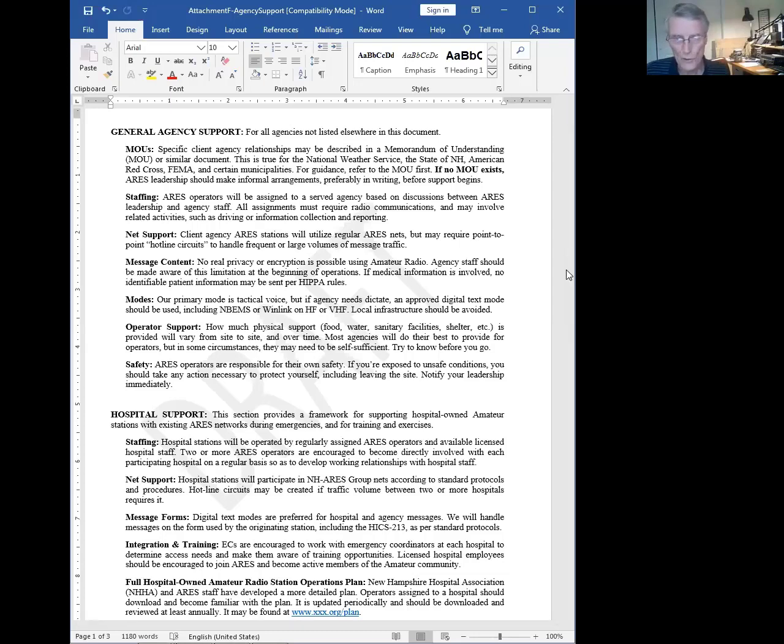I'm not a fan of MOUs at the local level, only because they may constrain you when you need to have flexibility, or at least make you feel constrained, even if they don't do it in fact. I agree with you, Dave, on that. And also, you make an agreement, you have to honor that agreement as best you can, and that could get very difficult if the event happens to be right in your backyard. It could be a real issue.